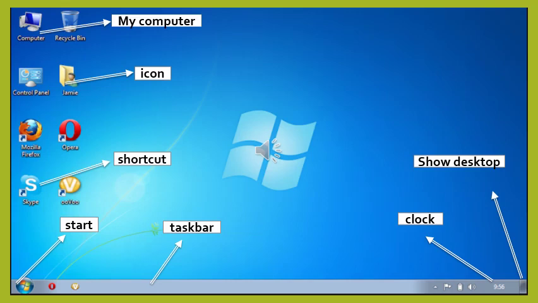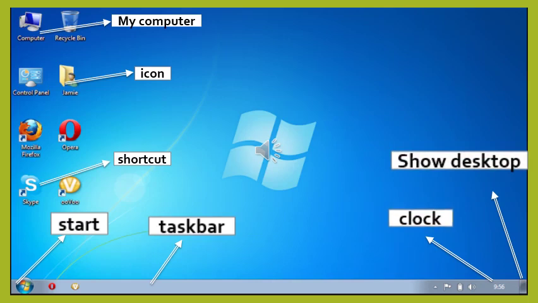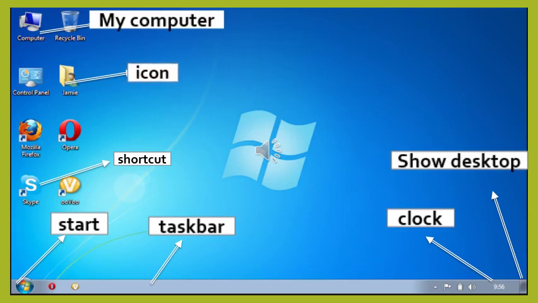Common icons on desktop. A long horizontal bar located at the bottom of the desktop is called the taskbar. To the left of the taskbar, we can find the Start button and other opened applications. To the right of the taskbar, we can find the system date and time along with the Show Desktop button. On clicking the computer icon from the desktop, all the files present in the computer will be displayed. Shortcuts of a few programs will also appear on the desktop.